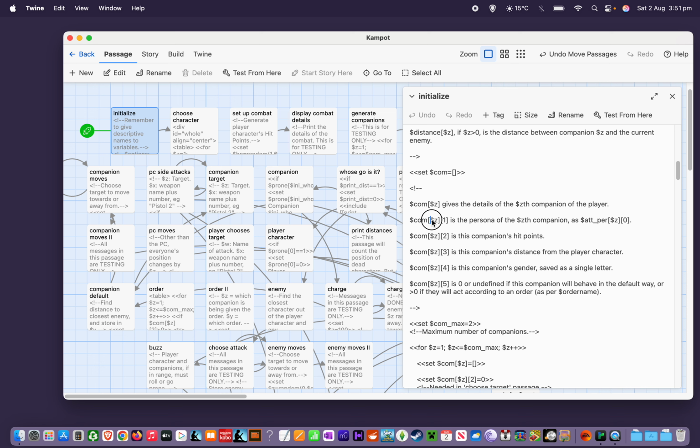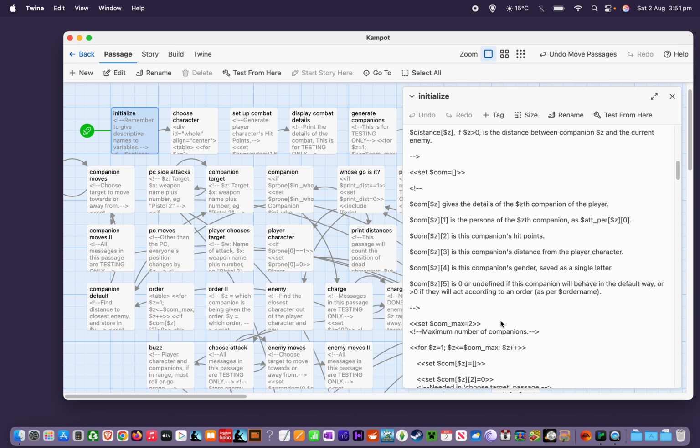The first number being which companion we're talking about, and then we have various slots that deal with different aspects of that companion. So what persona they are, which is character class, what hit points, how far they are from the player character in the current combat, their gender, and we've got a new one, which is